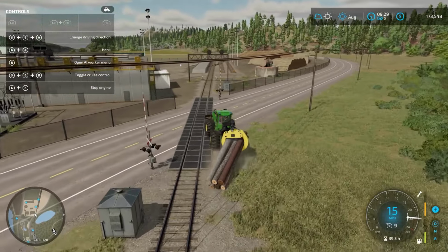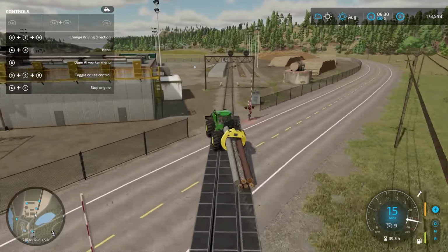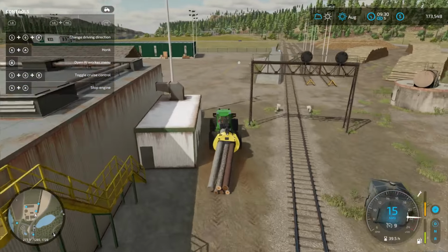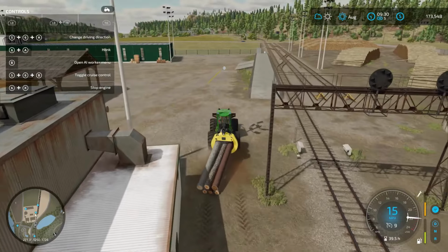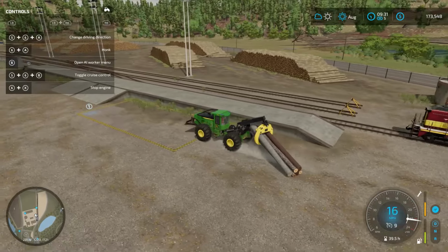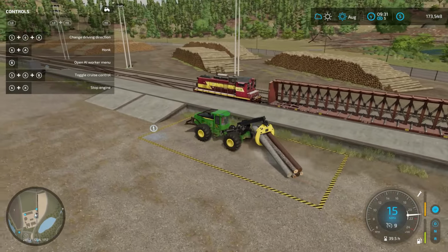Oh no, the train's coming. Oh, we should be able to beat it, right? Yep, we're good. But yeah, we still gotta find some sort of a tractor to transport this. This is nice because it's nice and close, but if we have to go the other one for a bigger sale...